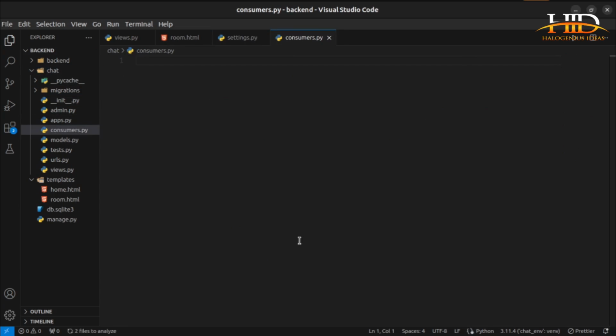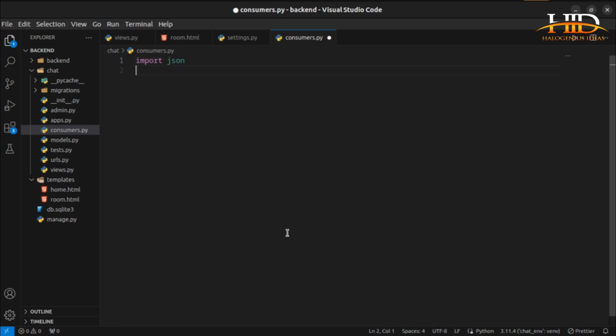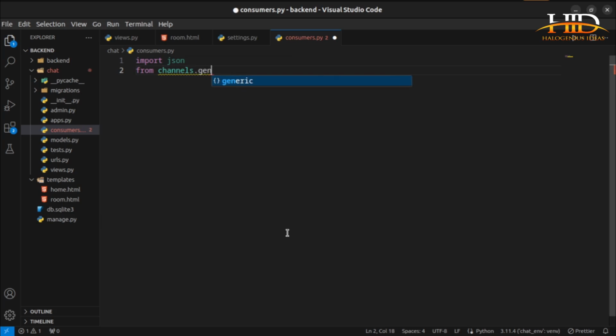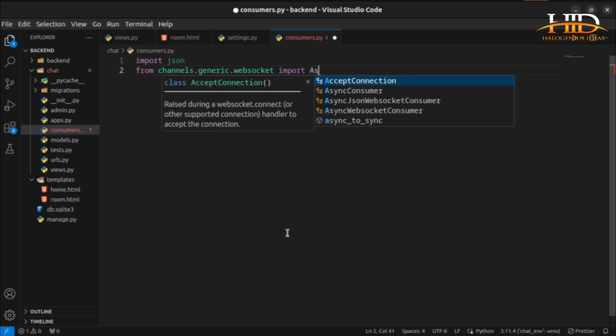So in this consumers.py, the first thing I want to do is to import JSON. Then after importing JSON, I will be bringing in an asynchronous WebSocket consumer from channels. So that will be from channels.generic.websocket, so bring in the asynchronous